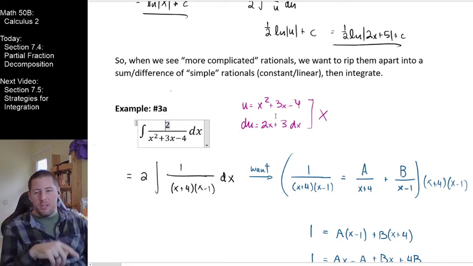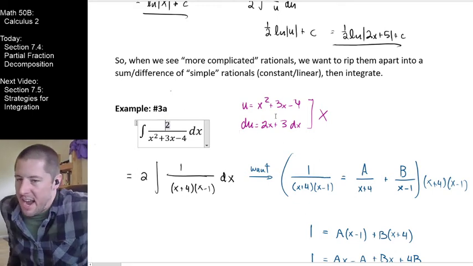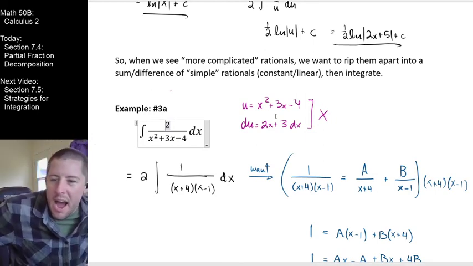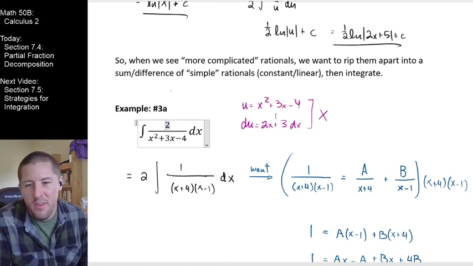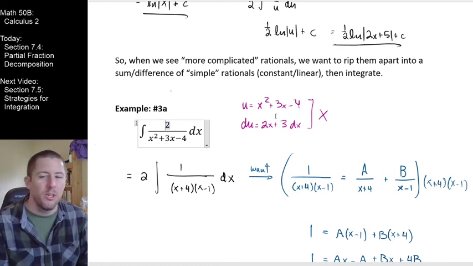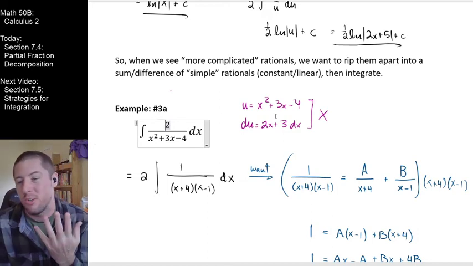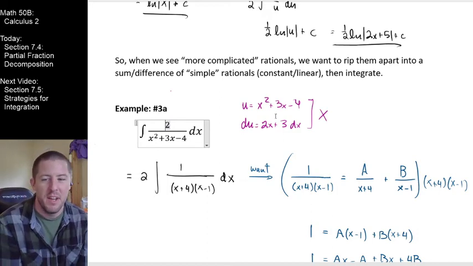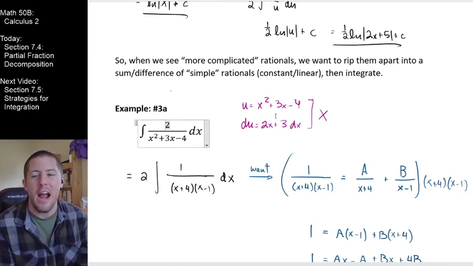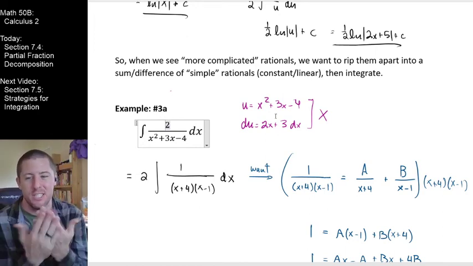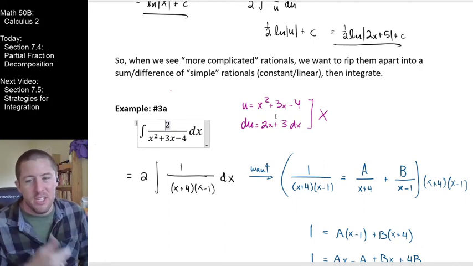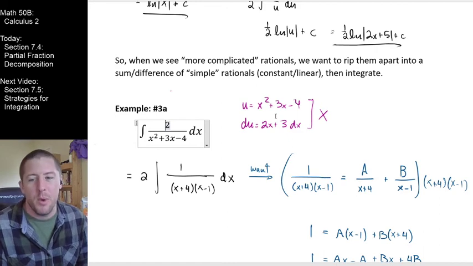So I like your question because what it's getting at is the stuff that we're going to talk about in 7.5, which is how do we recognize easy cases and how do we recognize hard cases? So don't forget what happened with U sub. You were looking for an expression and its derivative or a constant multiple of its derivative. And so combining a quadratic with a linear helps us get there. A quadratic and a constant is too far separated, and so we have to have a special technique like this one right there. So that's a good question, and that's the exact type of stuff that we want to be discussing